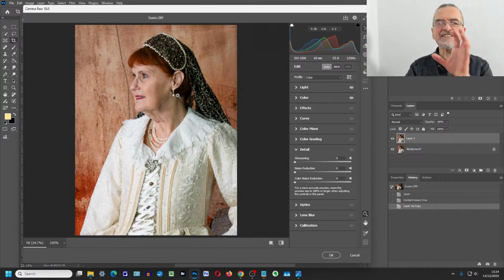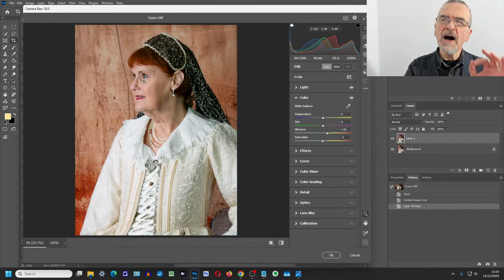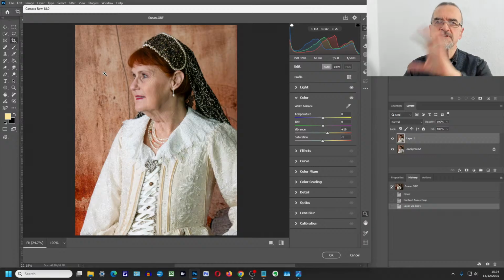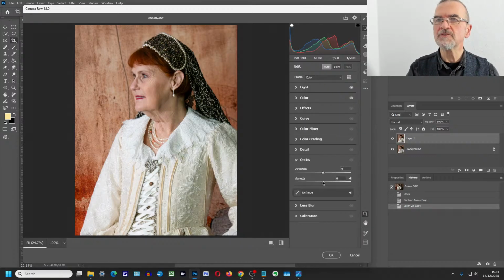The other thing is that there's a slight shift into a purpley orange hue to it. What does it say about colour? What if we did an auto colour? No, I don't quite like the green that's gone with that. I think partly what we've got here is one colour for the face, and the colour in the background is just slightly too similar. So I'm going to create a separate adjustment for that. But let's just say we do this. Let's create a little bit of vignette and then click OK on this.